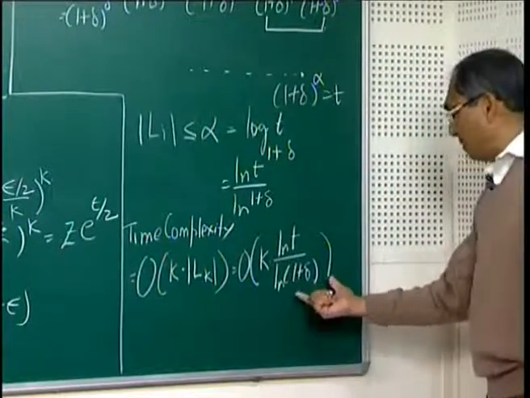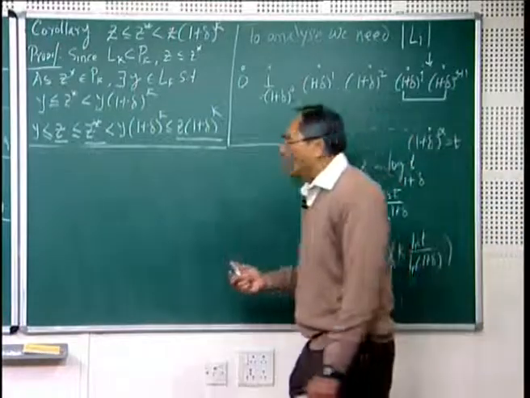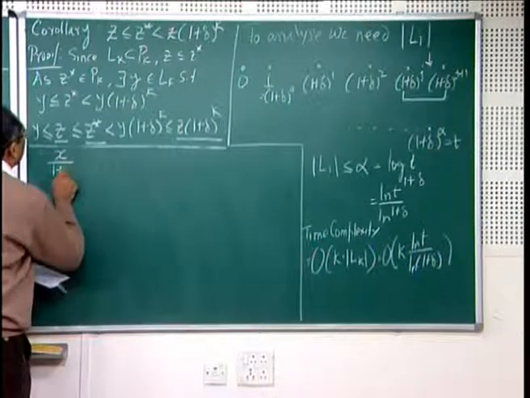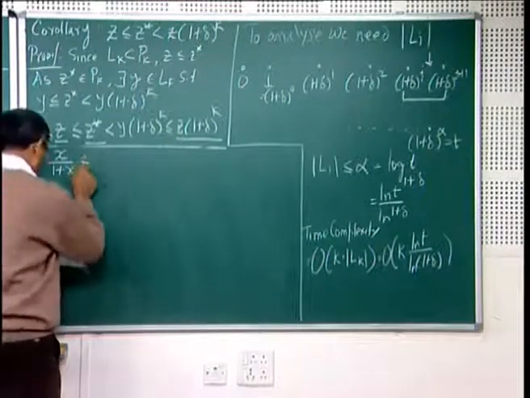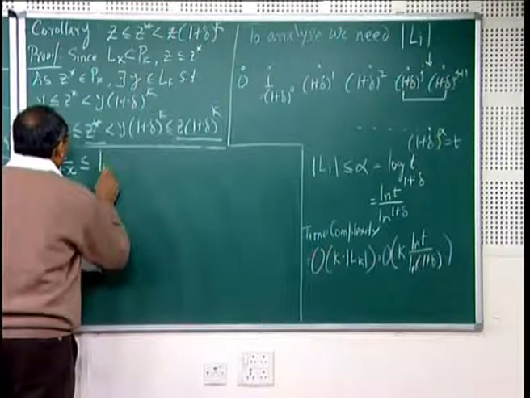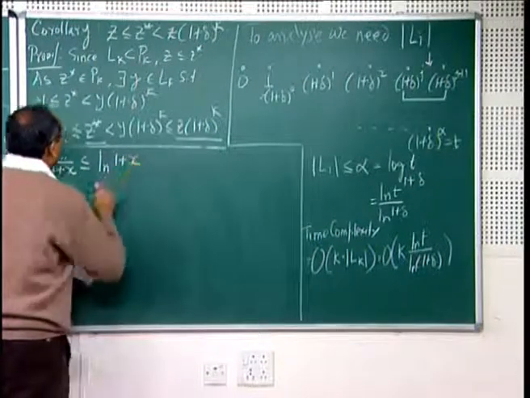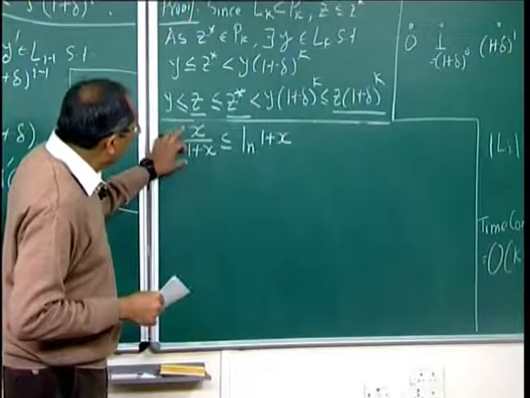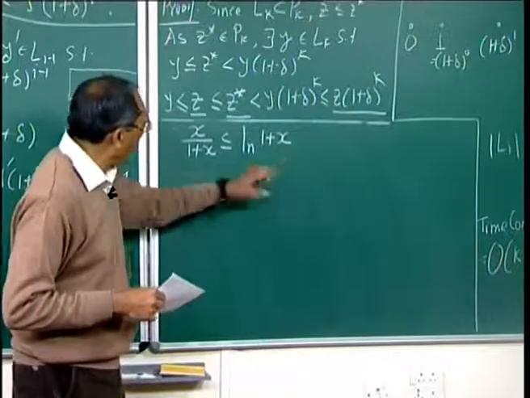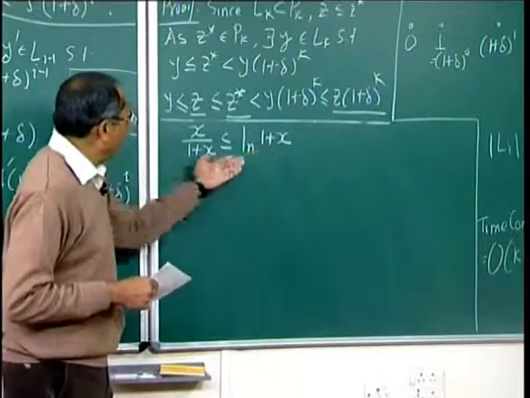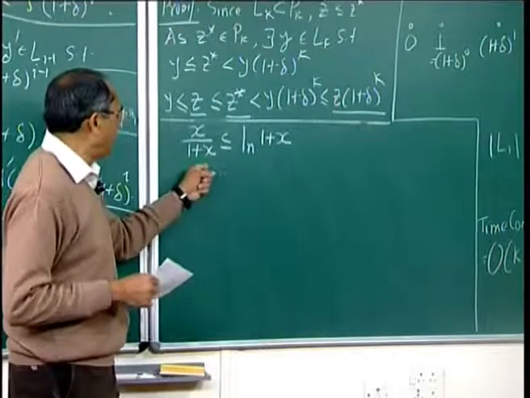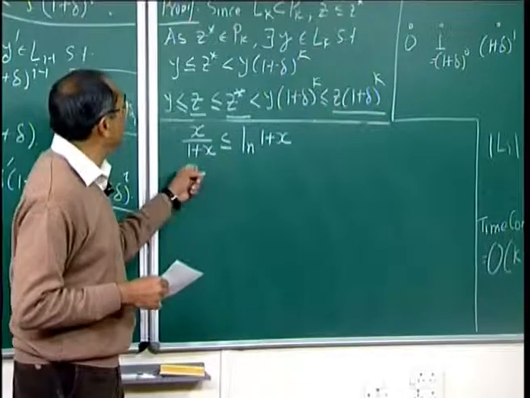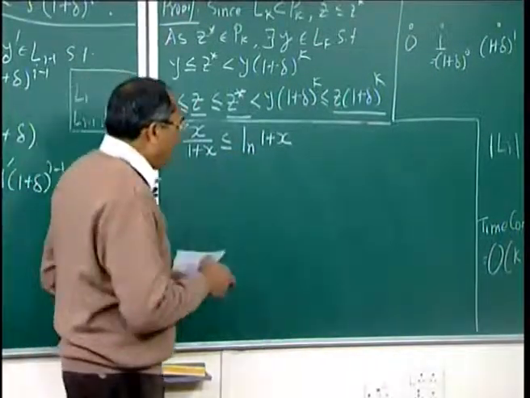Now, if we want to further simplify this, we will use another inequality which says that x divided by 1 plus x is less than or equal to natural log of 1 plus x. This is easy to prove. If you set x equal to 0, this is 0 and this is 0 because log 1 is 0, and then you differentiate both sides and you notice that the derivatives for both are positive, but this is less than this. So, this grows slower than this. Let me now use this